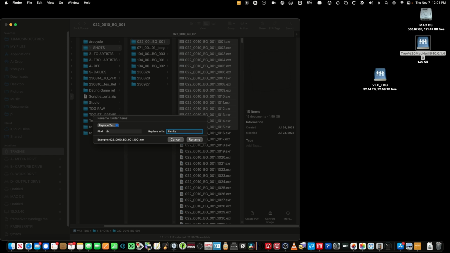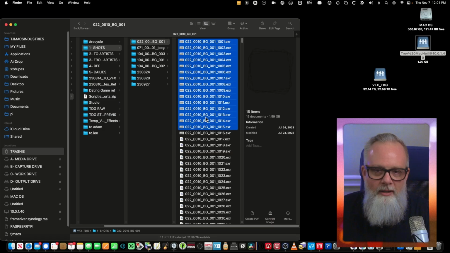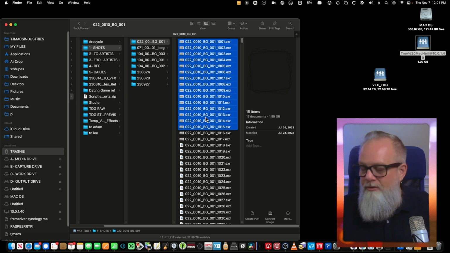Otherwise, it'll be butt right up against the next character string in line. That is replace Finder items. Bulk editing names is what it is. Moving on to number 3,